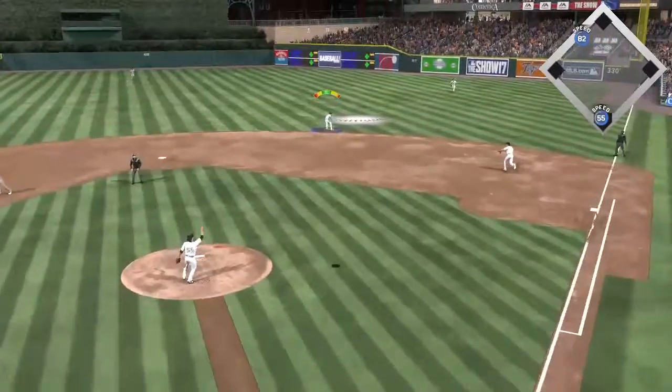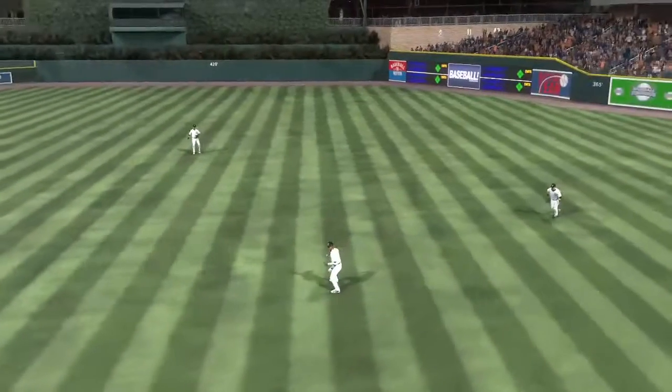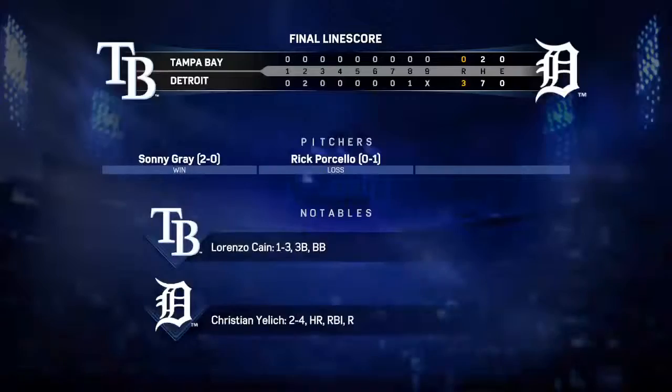Here it comes. And he gets under this one as the ball is skied into very shallow right. And that's going to do it as the catch is made, and the Tigers will add 1 more to their winning streak as this ball game is over. Well,